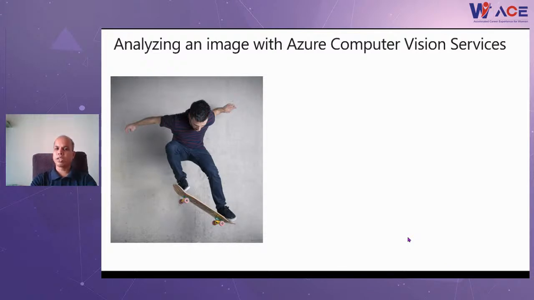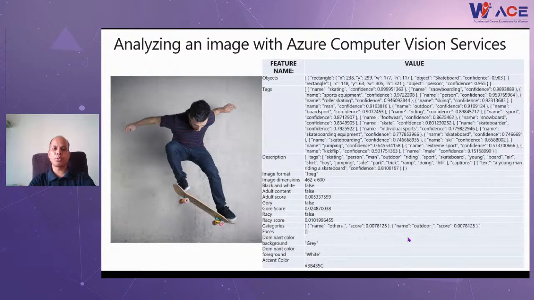And once you do analysis, this is the kind of report you can get. If you look at the object, it says that the object seems to be a skateboard with 90% accuracy, which is a rectangle object, and there is a person who is trying to do some magical stuff. If you look at tags, it's showing that he's doing something outdoors. He's wearing footwear. What kind of footwear is he wearing? All those details are being given.